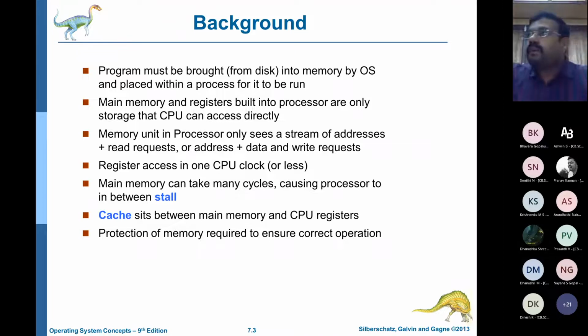Say there is a print command. The print command will be in CPU register 1. There is a copy command. The copy command will be in CPU register 2. All these things will be fetched from various locations, put into the CPU registers, and through the cache, go to the main memory. And the CPU can only access the main memory and execute.